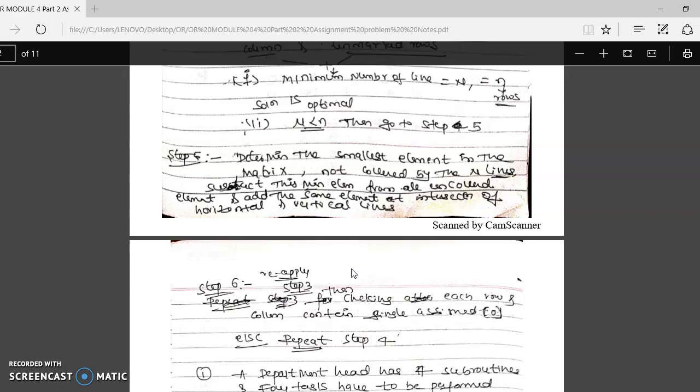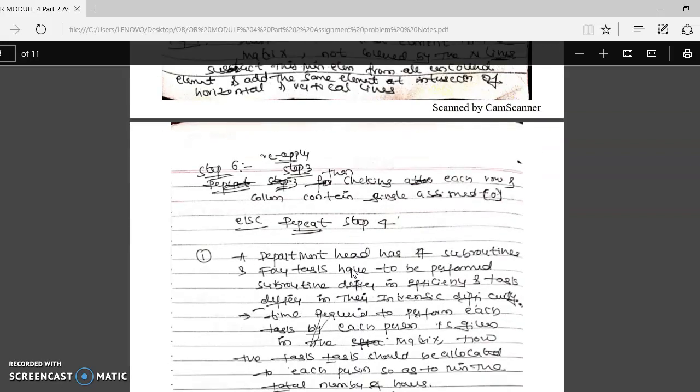After doing all this we get the new matrix; rewrite it. Then in step 6, reapply step 3. Again check whether it is possible to assign a single 0 in each column and each row, then assign it, else repeat step 4.